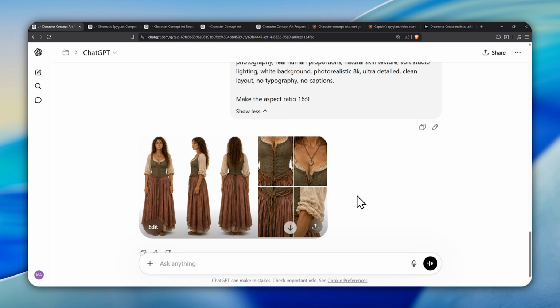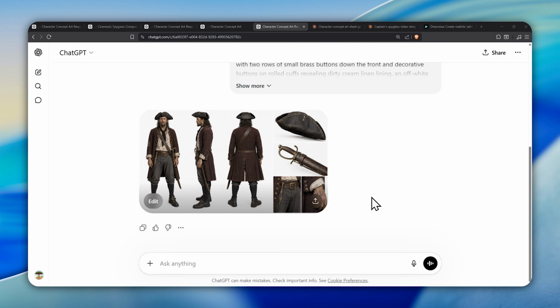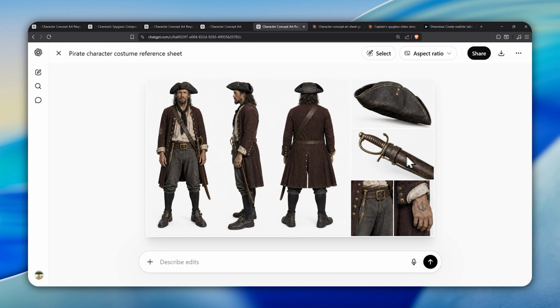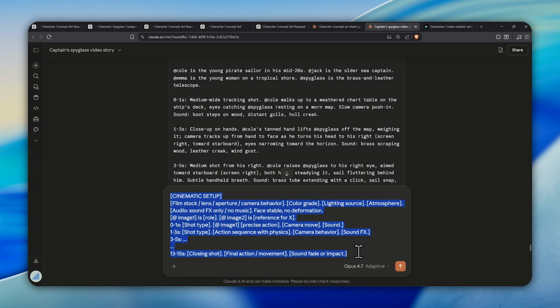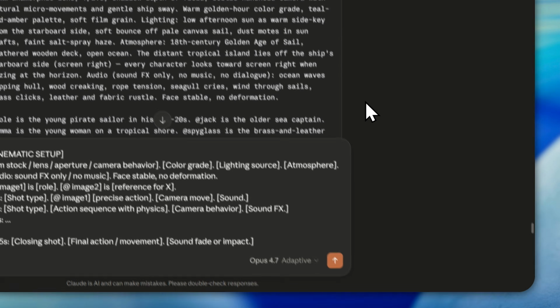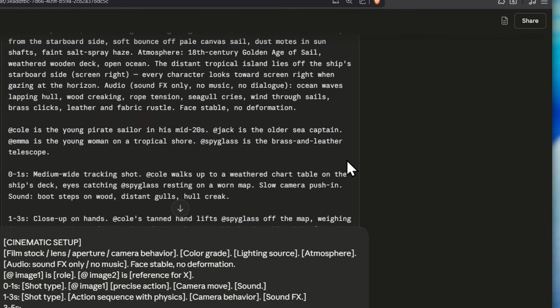Let's head back to ChatGPT. The generation is finished, and here is our complete character sheet for Jack, the older pirate. Now, we need to go back into Claude to generate our video prompt for Seedance 2.0. I will leave the template and all other prompts I'm using in the description below, but now the crucial step